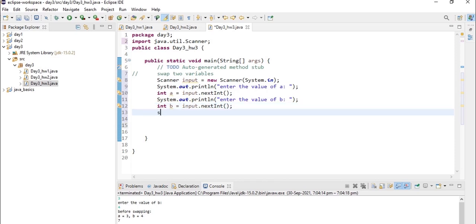Now let's print something, that is, "before swapping", \n to go to the new line, "a is equal to", let's concatenate, and again "b is equal to".